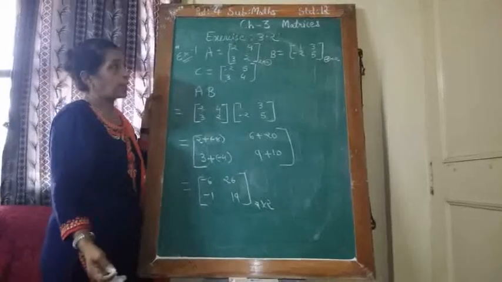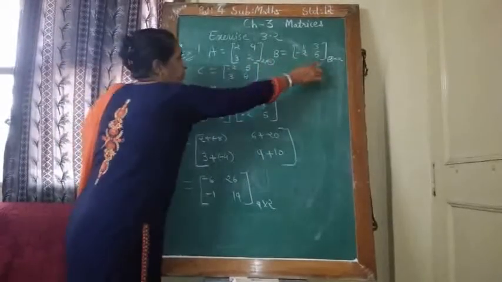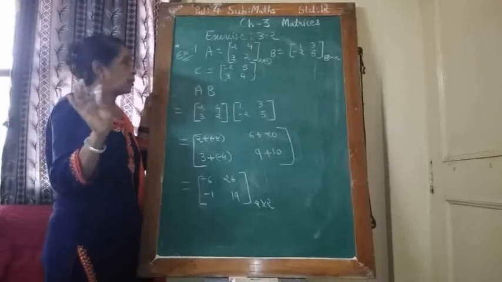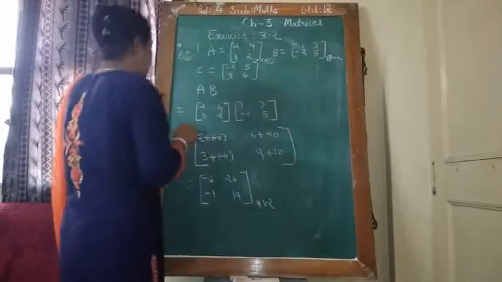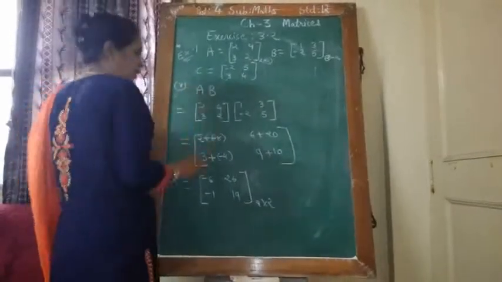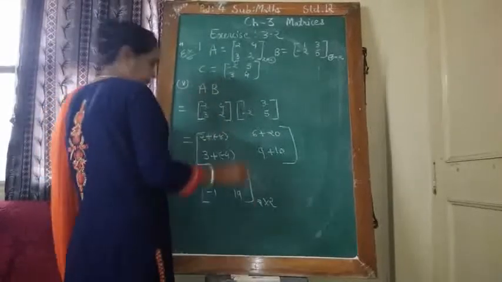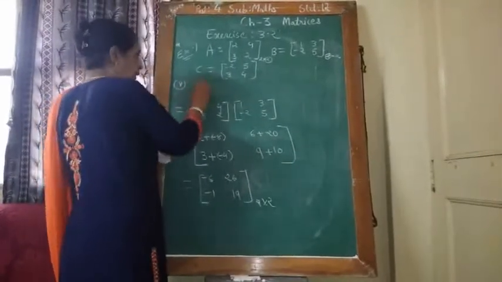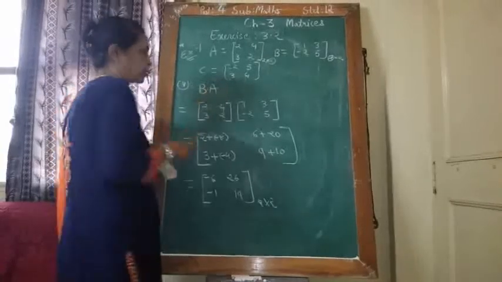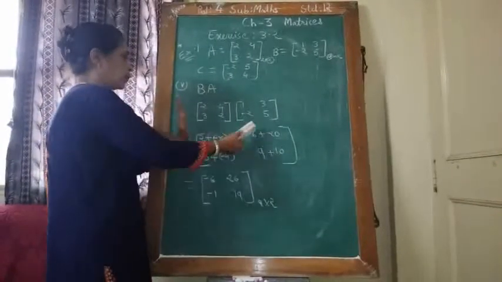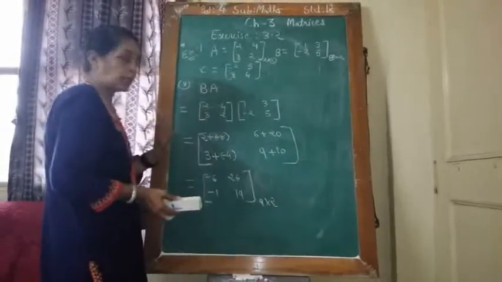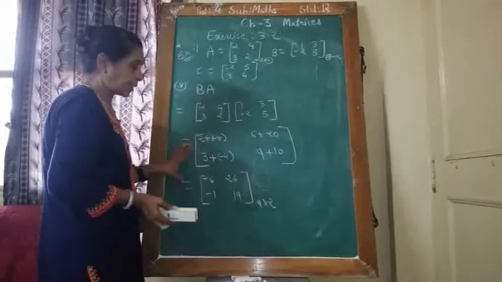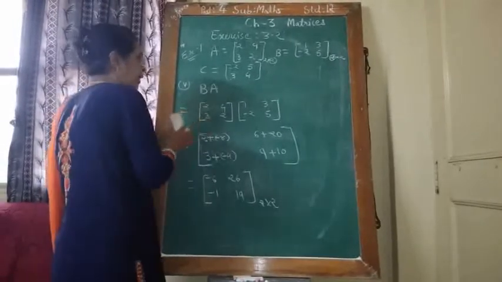So if both have the same order, then it is possible. But if the orders are different, then you have to check these two. Other may be different, no problem. Okay. Now in the next sub-example, the fifth sub-example, you have to find BA. BA means the orders are now changed: B matrix from first and A matrix from second. So AB and BA here, the commutative law does not hold. Both do not have the same answer. You will see if I change this.